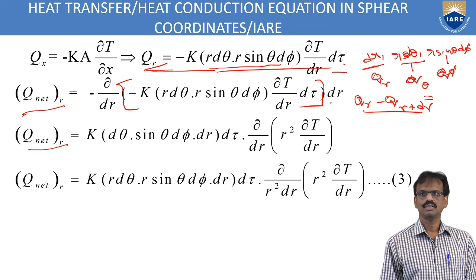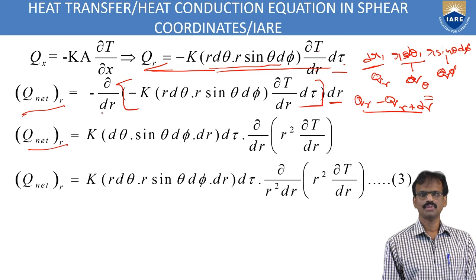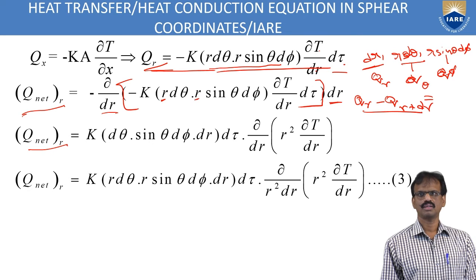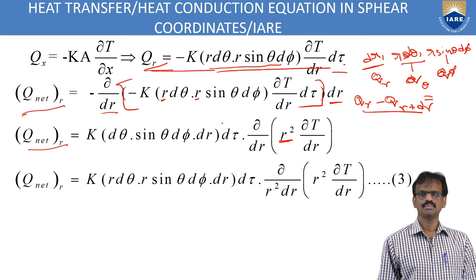So into dr. So next to minus k into r d theta into r sin theta d pi. So this value dou t by dou r into dou tau. Okay. So in this value, we have to derive with respect to r. So r parameter, this r and this r also comes under the derivative part. Okay. So here under the derivative. So remaining terms comes out.